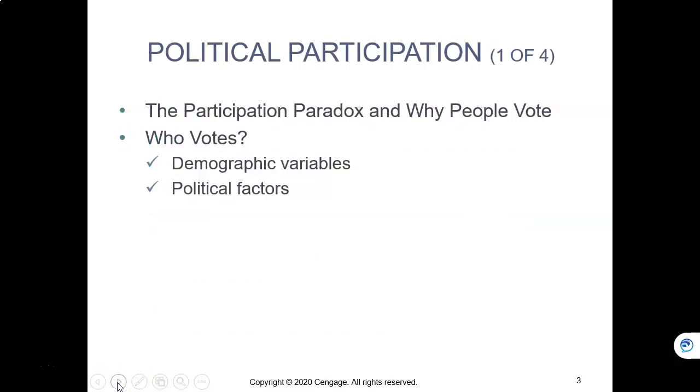So let's first explore one of the vocabulary words of the text, and that is this idea that they call the participation paradox. If one person's vote is not going to make that much of a difference, why do people vote? Why do people make the effort to come out and vote? Well, there are a few things that determine why people vote. And they are these three: